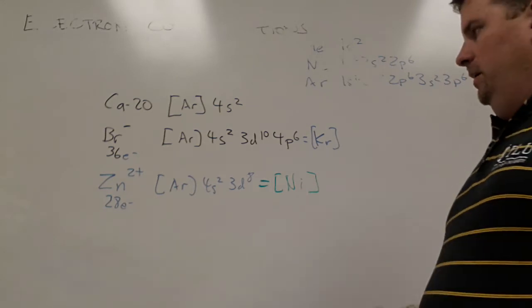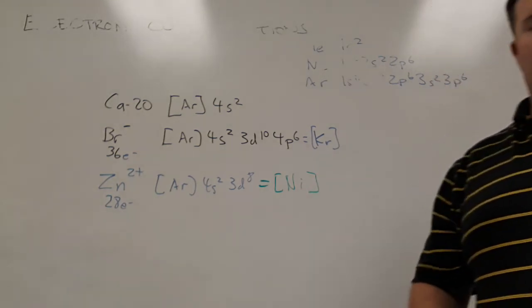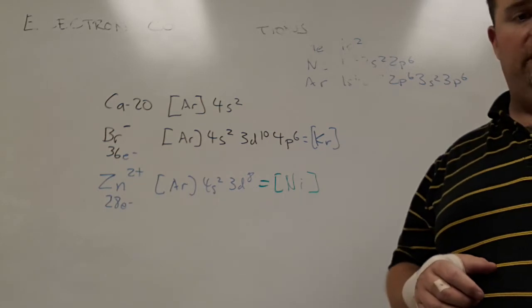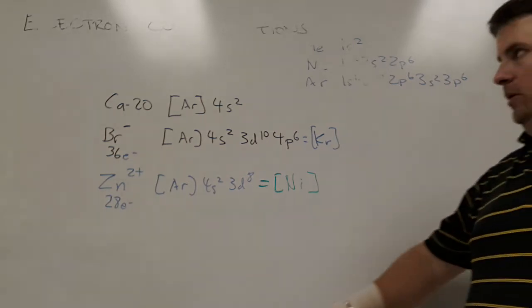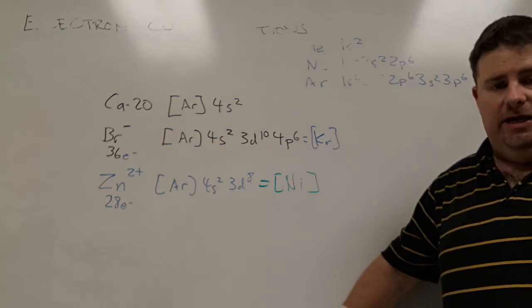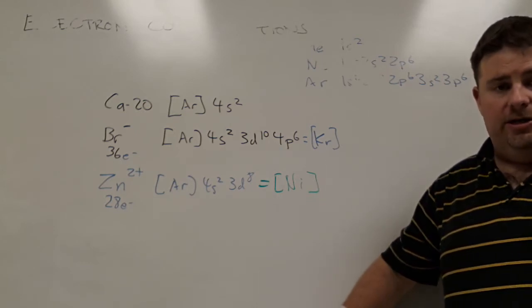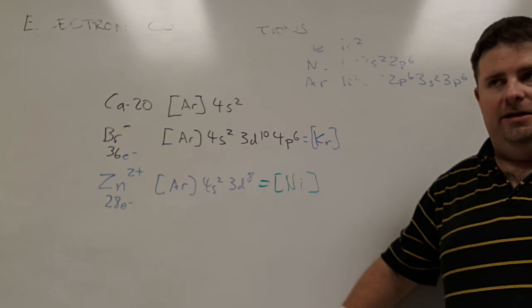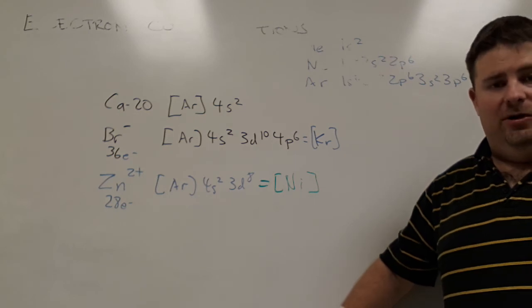Okay. So that's basically everything about electronic configurations that you should know for my class. Now I expect you guys to be able to generate these now pretty easily and also be using those little electron blocks to designate and fill in according to Hund's rule and all that other